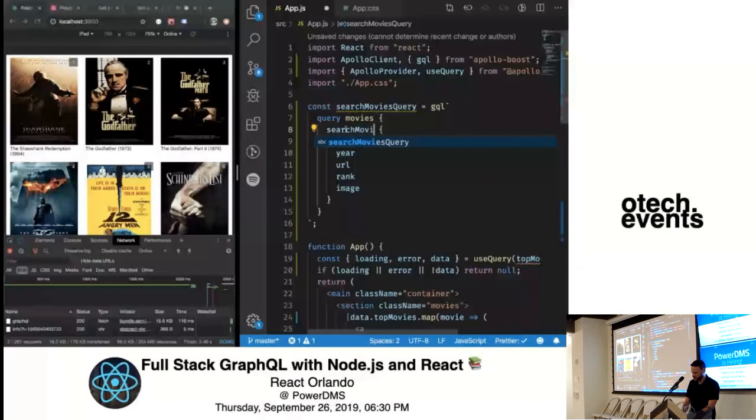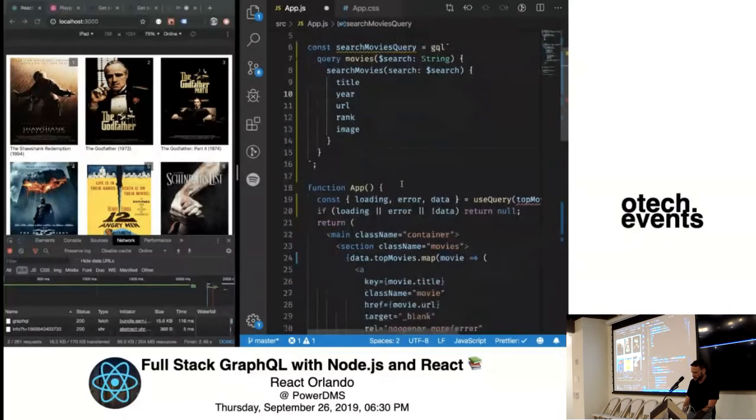Right, and then we need to do a few things here. So we're going to tell it that it's getting a variable called search, which we want to pass to search movies as search. So like this right here is what needs to match the schema. I could technically call this anything if I wanted to for whatever reason. But we need to pass this search variable for the server to understand what's happening and that resolver to execute like it's supposed to.